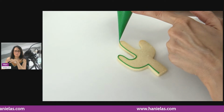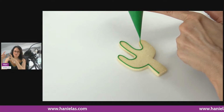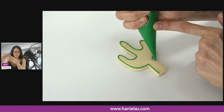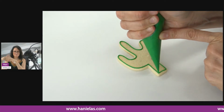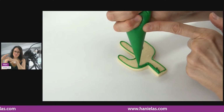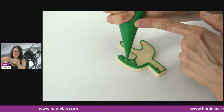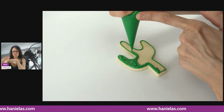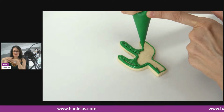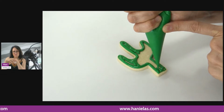Okay, so we're going to continue, and to make things interesting, I wanted to create kind of like, I wouldn't necessarily say watercolor. I'm really into watercolor these days. I love it so much. But I wanted to create a bit of a different look. So we're going to start with this leaf green, 15-second consistency to outline and to flood. And then I'm going to add some white and yellow to this. And then we're just going to spread it across, kind of marble it with a palette knife to blend the colors together to give it more of a, I wouldn't say realistic, but it does look a bit